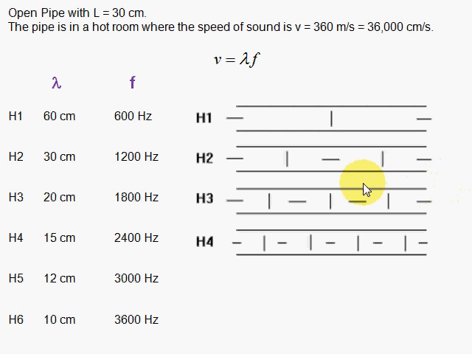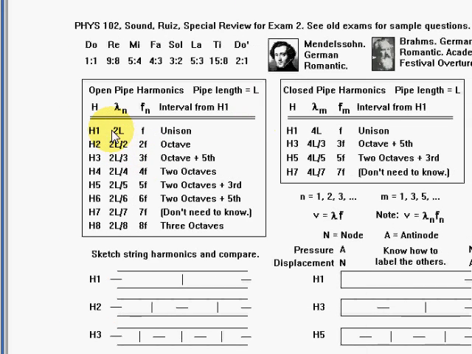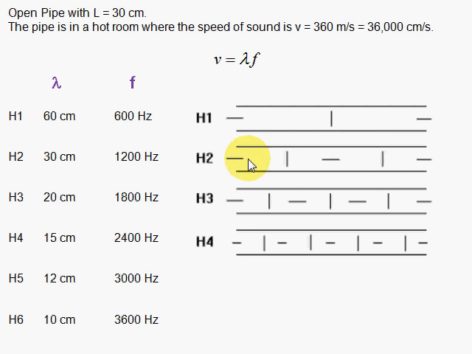What about if you're given this open pipe without this designation over on the left, and you're given that this length is 30 centimeters? What is the wavelength? Well, one way to do it is to recognize that one vertical line is the first harmonic, 2 vertical lines is the second, 3 is the third, 4 is the fourth. So you see the 2 vertical lines, you say that's the second harmonic. And if that's the second harmonic, then I use my wavelength formula for the second harmonic, which is 2L over 2. And 2L over 2 is simply L, and that means the answer will be the length of the pipe,